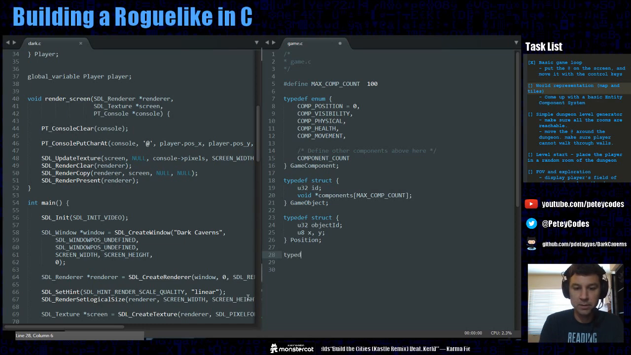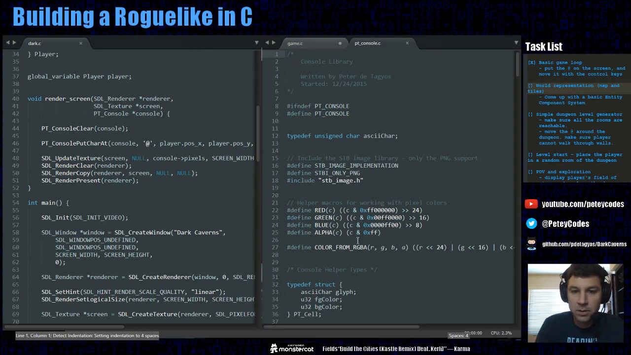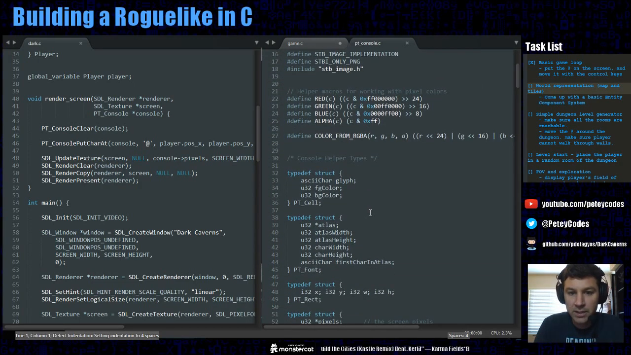Visibility. Our object ID. And what do I have here? Oh, okay, so this would be like its visual representation on the screen. So we're gonna have things like, did I define, let's see, console. Okay, I did define